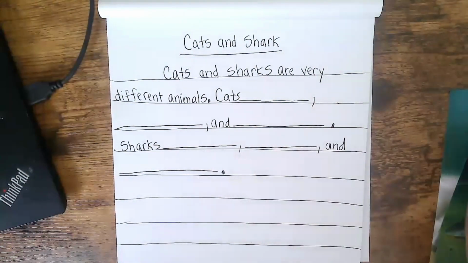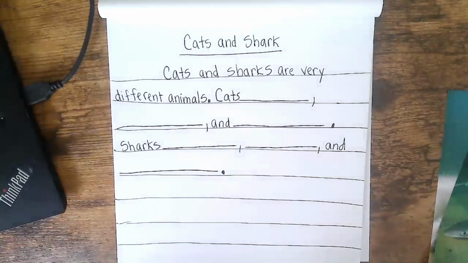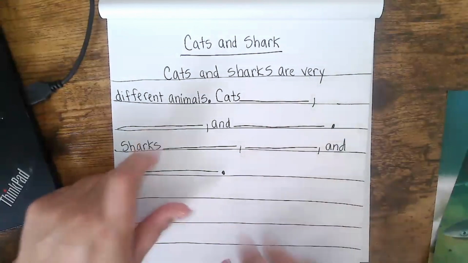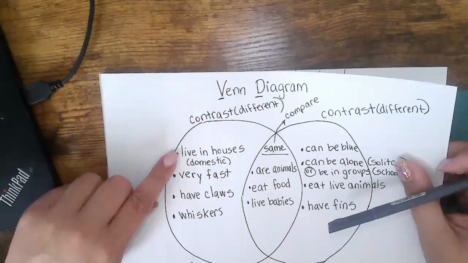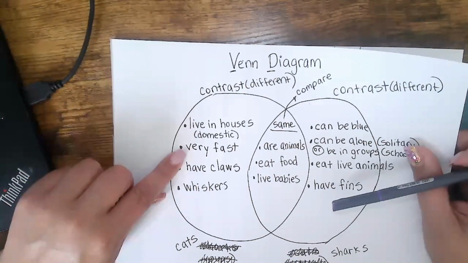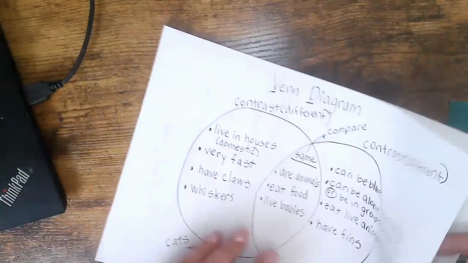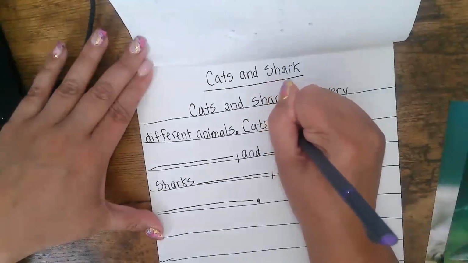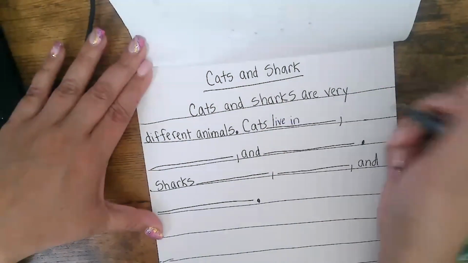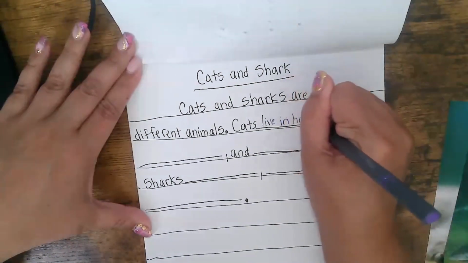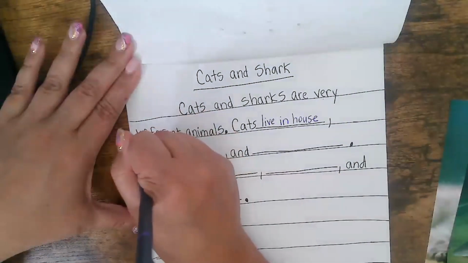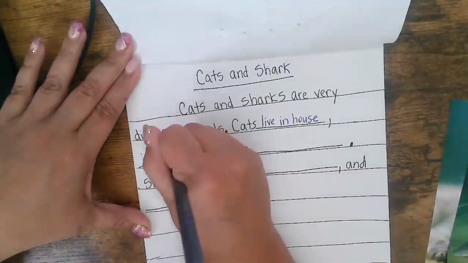Perfect. Now I'm going to go back to my Venn diagram and I want, so here's my list. Cats, number 1, number 2, and number 3. So I'm going to pick 3 things that cats do. I'm going to just live in houses, very fast, have claws. I'm just going to use the first 3. So cats live in houses, comma, have claws,